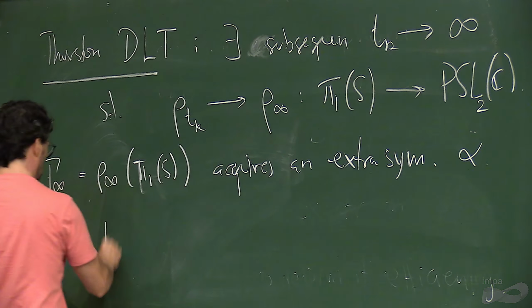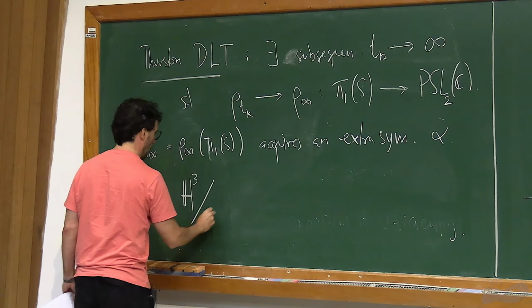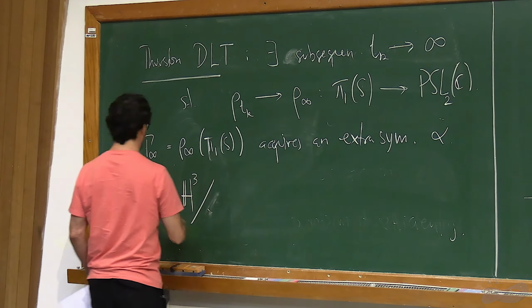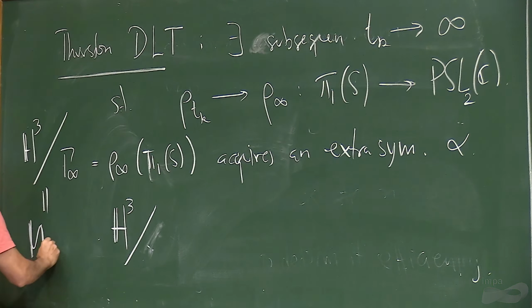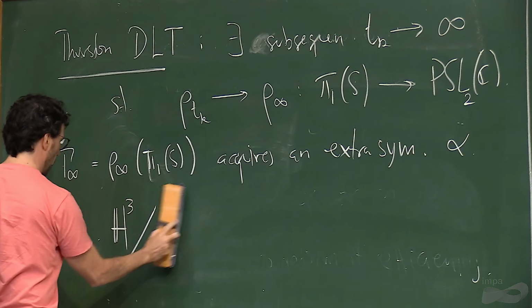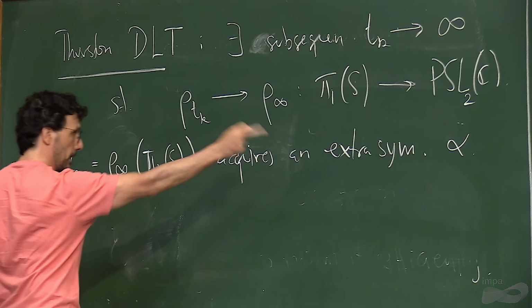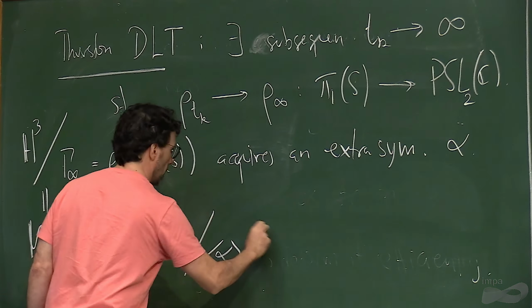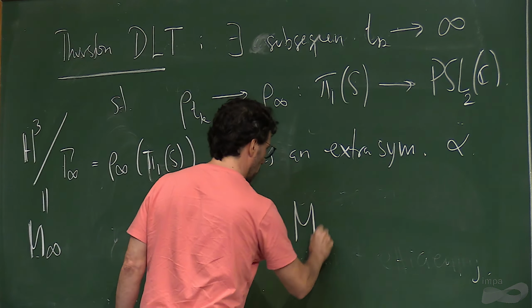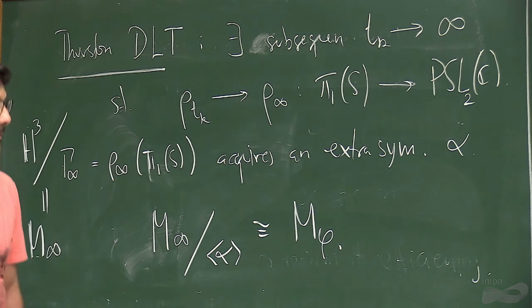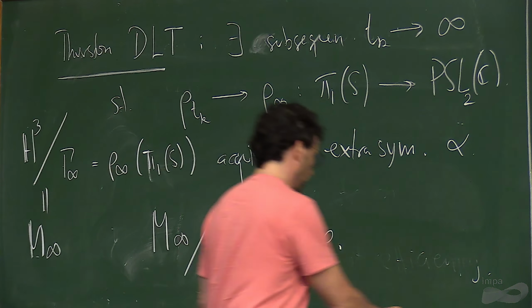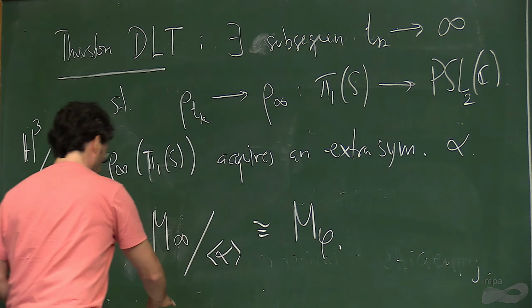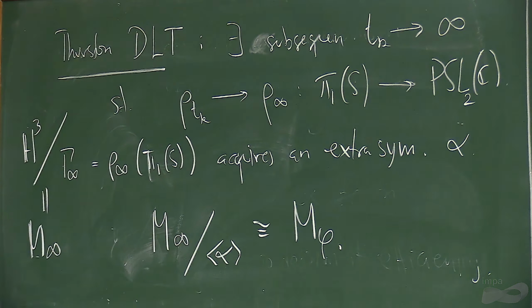So H3 mod gamma infinity is M infinity, you divide by this limiting group, but it acquires an extra symmetry, and if you divide by it, this is the hyperbolization that you're looking for. So that's the program. That's the summary. I'm sorry if many of you know this better than I do. But in any case, the point I'm trying to make is that